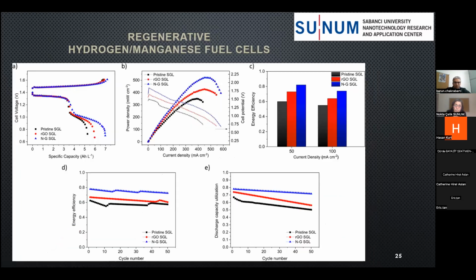Then, after getting reasonable results with the hydrogen vanadium, we tested the hydrogen manganese fuel cells, which is also being commercialized by RFC Power. So we wanted to see how that performs, and can we feed in some useful knowledge from the nitrogen doped graphene for the company to take further. So again, as for the vanadium system, the hydrogen manganese system is performing better when we have reduced graphene oxide,